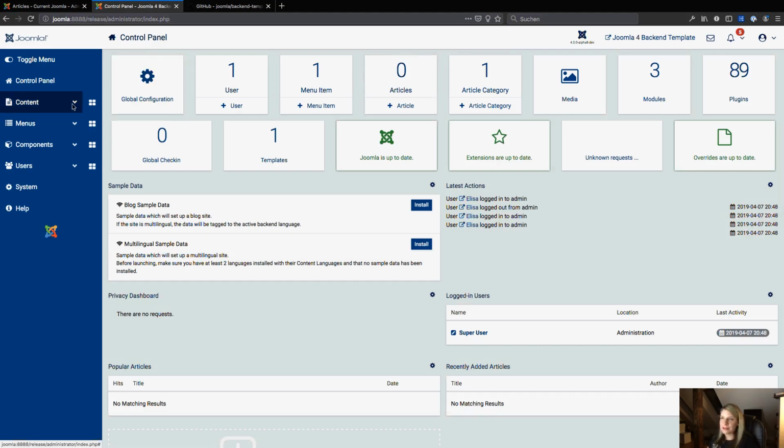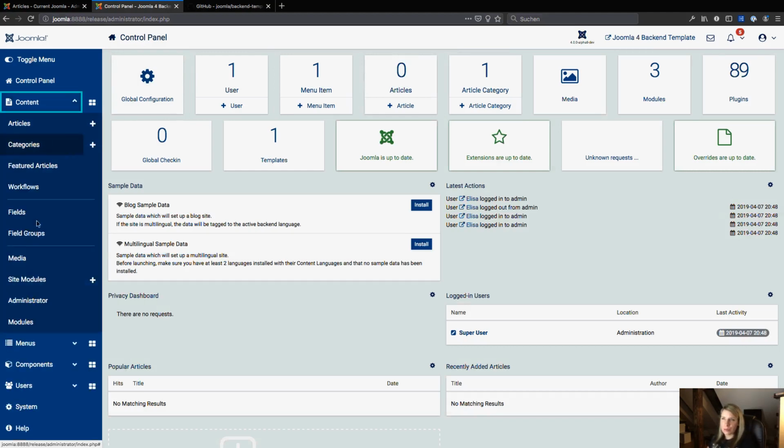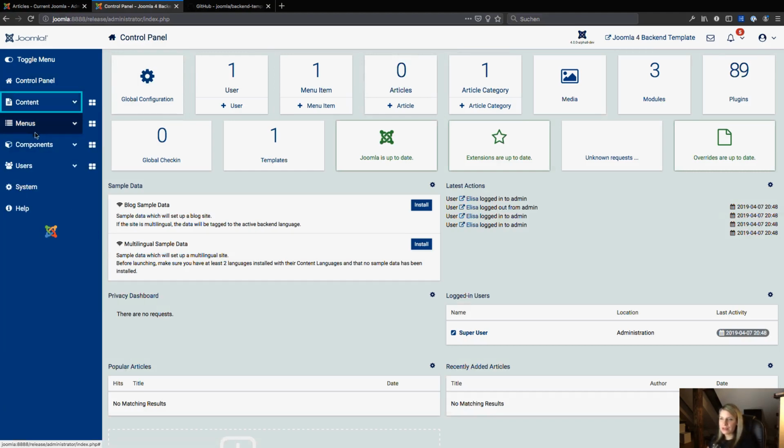And what's also nice in the new backend is that you have a restructured menu. So you have content, menu, and something which is new here are the component dashboards. You have the control panel here at the front, and you have for each component also a dashboard. If I go here on content,